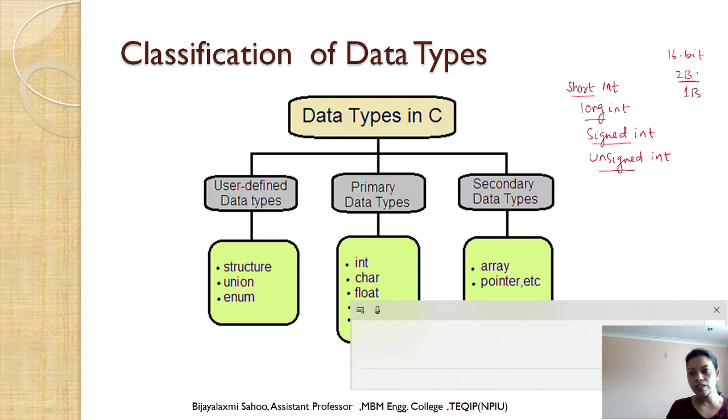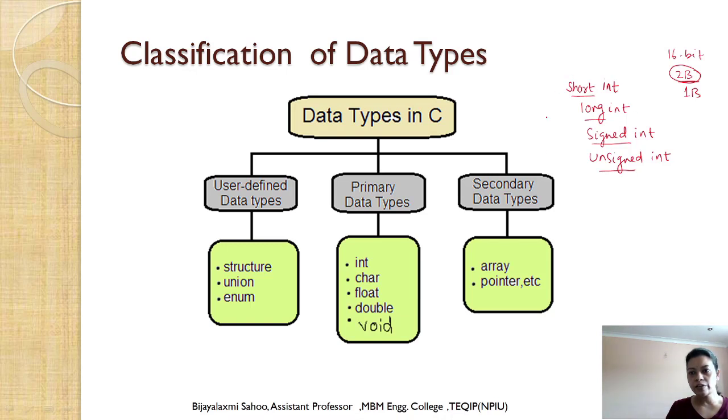That means it is modifying the basic meaning: integer was occupying 2 bytes, but if I use the prefix modifier short, then it is going to occupy 1 byte of memory. So as per our memory requirements, we can shrink or enlarge our memory space by using these modifiers.